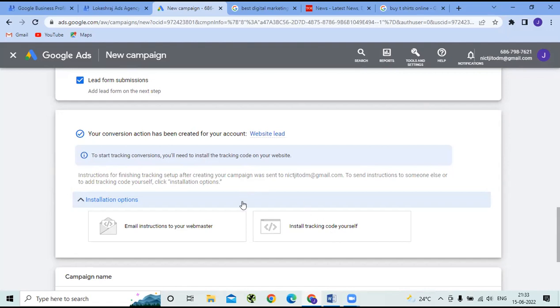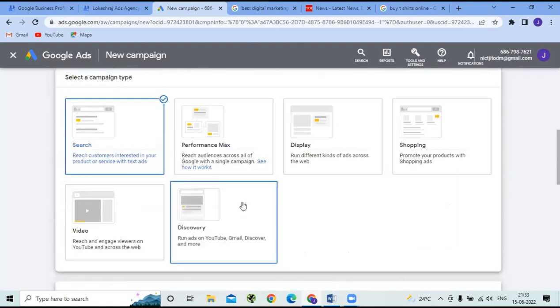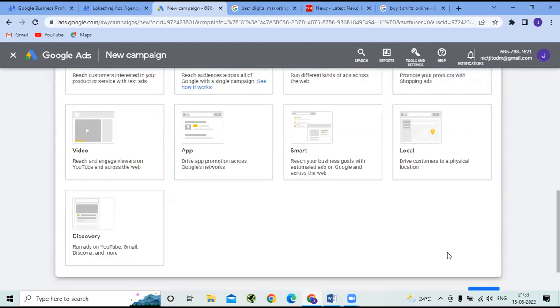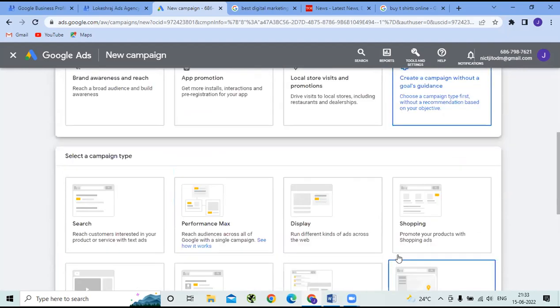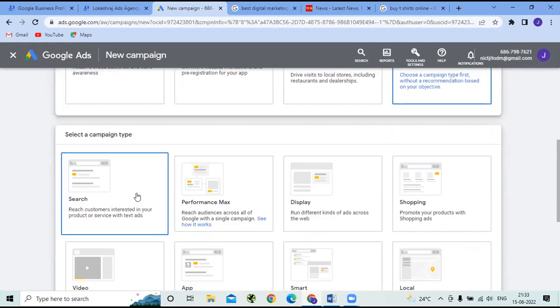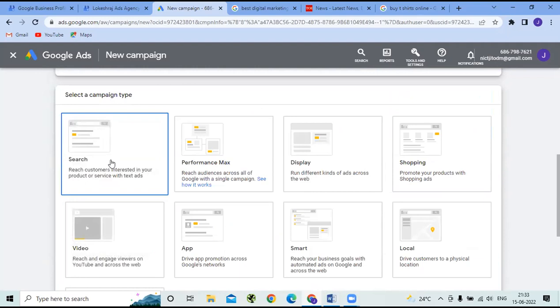ठीक है, तो इसका बेटर ऑप्शन आप क्या कर सकते हैं, तो आप क्रिएट अ कैंपेन विदाउट गोल्स गाइडेंस पे जाइए, और यहाँ पे आपको जो ऑप्शंस दिखाई दे रहे हैं, सेलेक्ट अ कैंपेन टाइप, इसमें से सर्च पे जाइए।